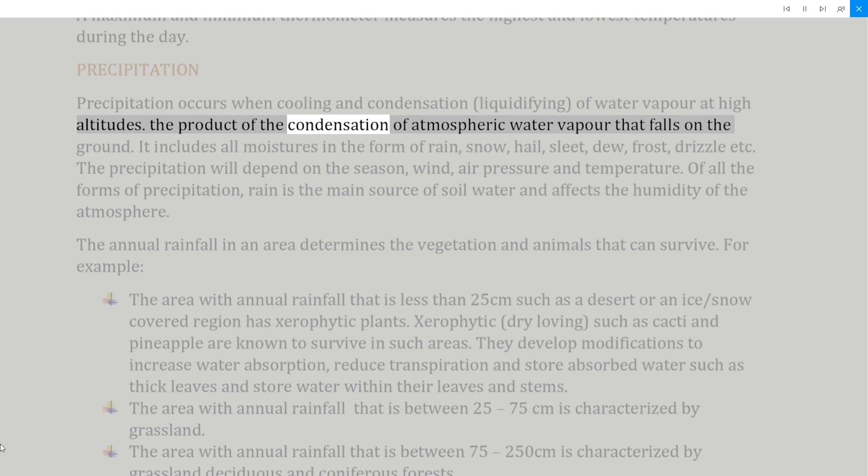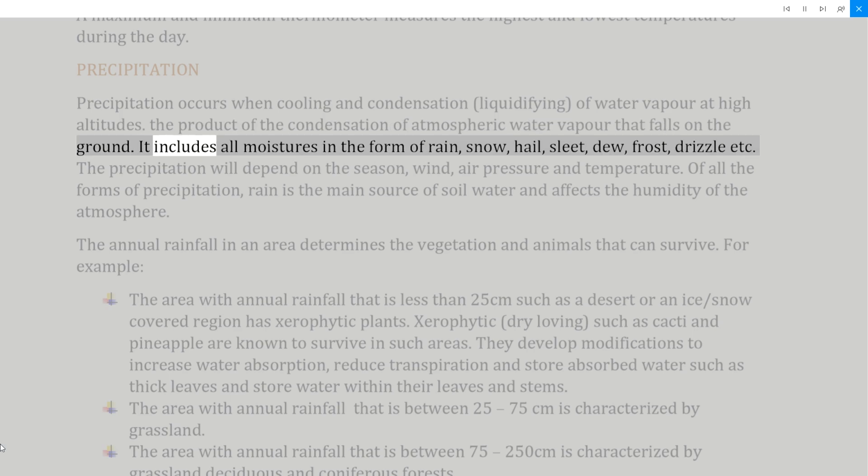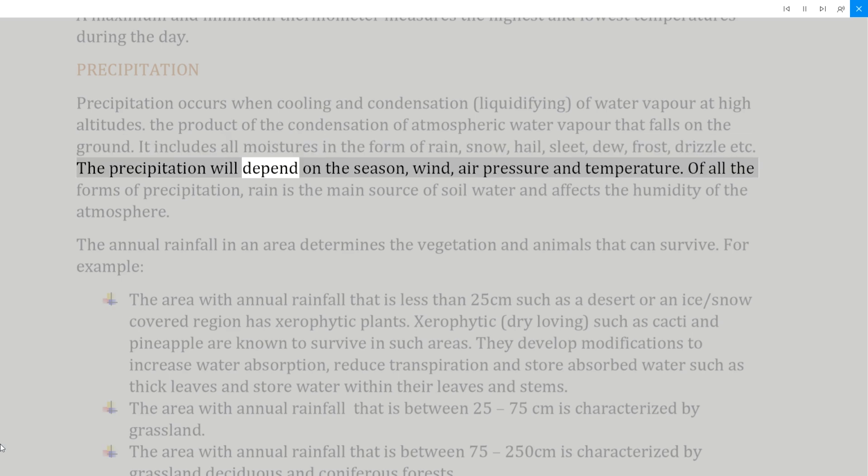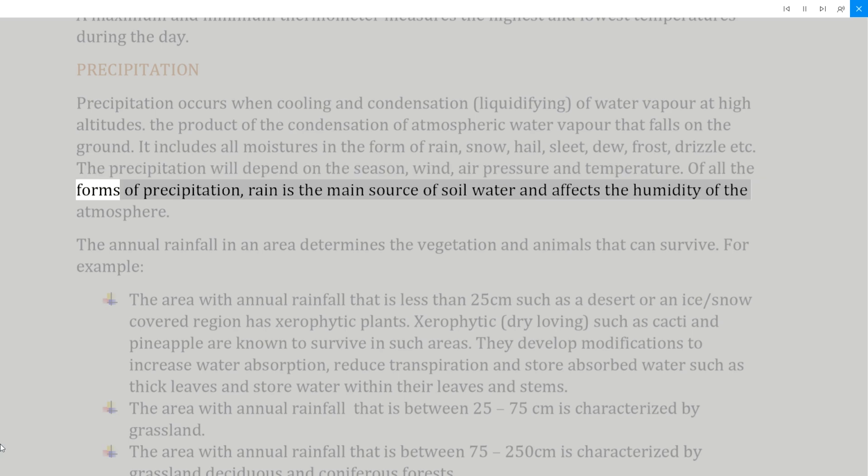Precipitation is the product of the condensation of atmospheric water vapor that falls on the ground. It includes all moistures in the form of rain, snow, hail, sleet, dew, frost, drizzle, etc. The precipitation will depend on the season, wind, air pressure, and temperature. Of all the forms of precipitation, rain is the main source of soil water and affects the humidity of the